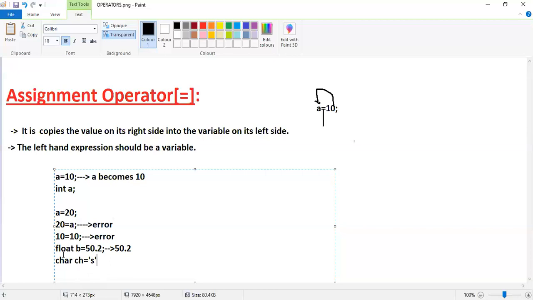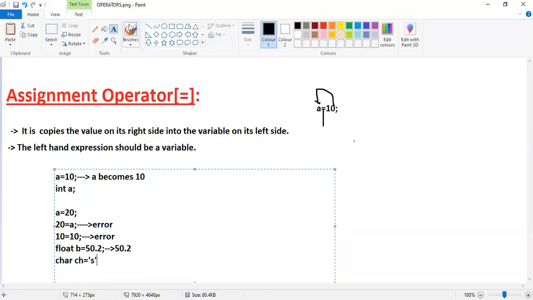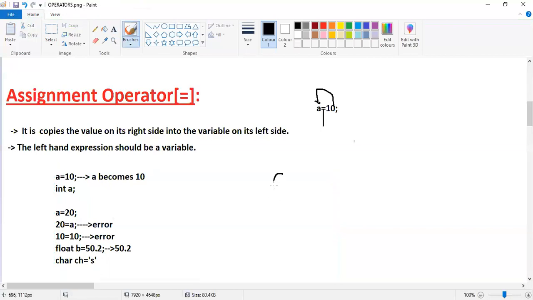Here char, float, and int are nothing but data types. What are data types? Data types are used to give particular memory to a variable. For example, int a is equal to 20.